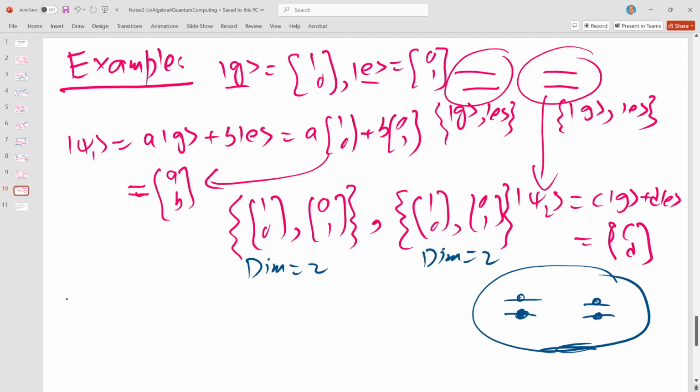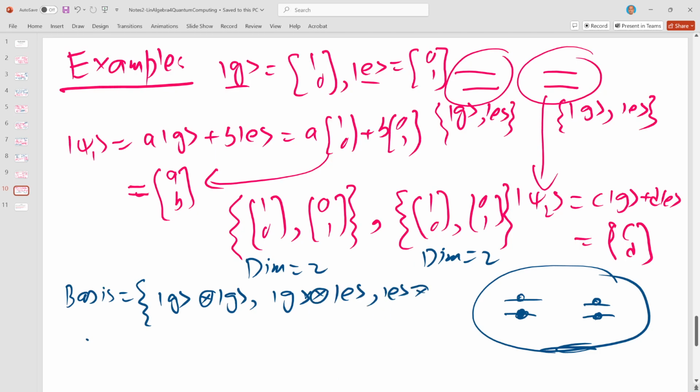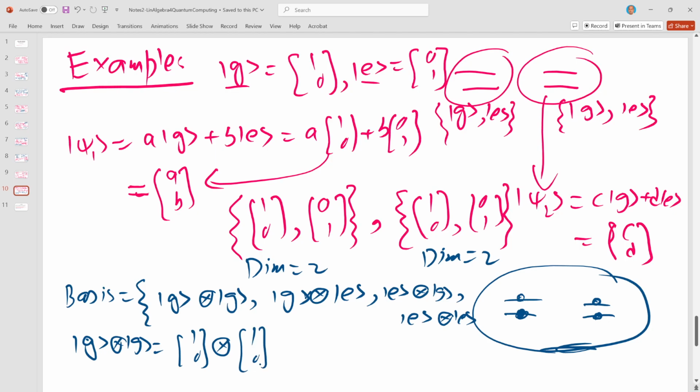So the total basis, or joint basis, is G tensor G, G tensor E, E tensor G, and E tensor E. So let's work out G tensor G, (1, 0) tensor (1, 0). So this would be 1 into 1, 1 into 0, 0 into 1, 0 into 0. So similarly,